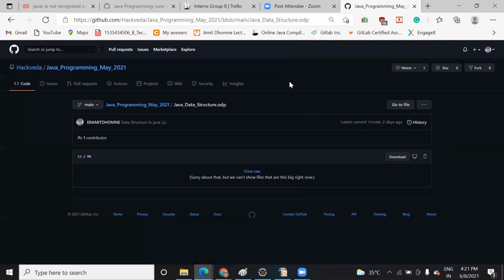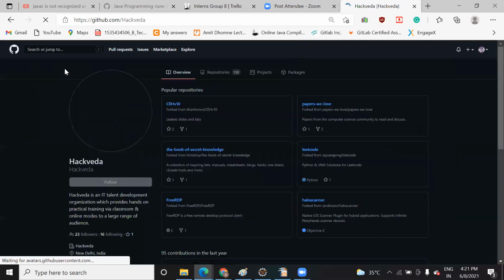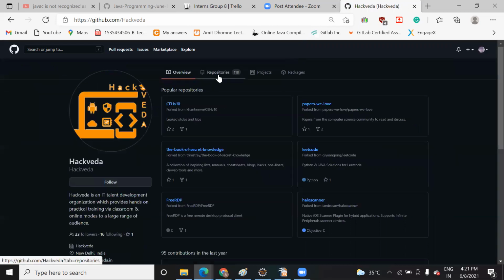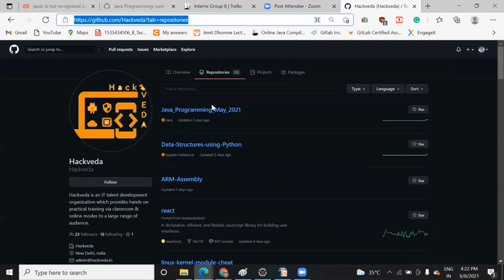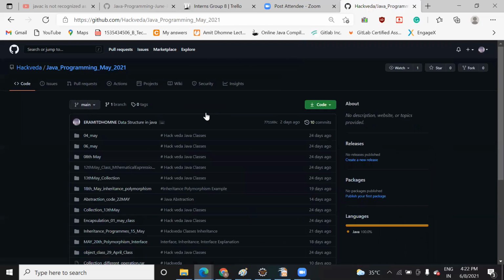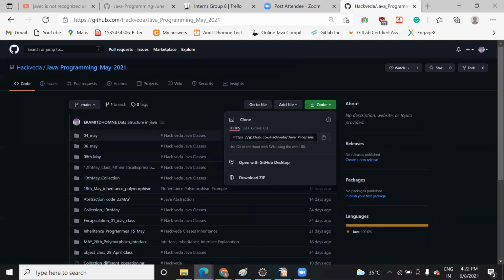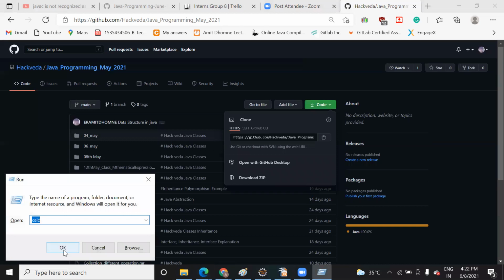Yes, you can access it. You need to go offline for that also. We need to do it, just go to this folder name. Now I can't, there is no electricity. So suppose this one. Here you need to click on this and you will get this link. Once you get the link, copy it and open the command prompt.